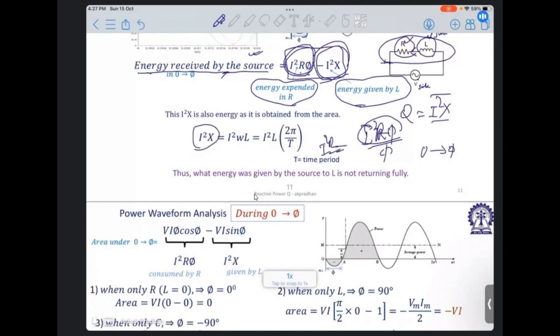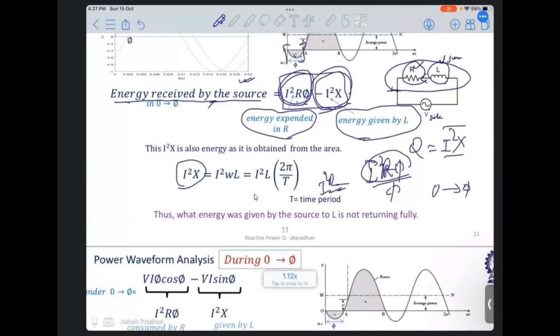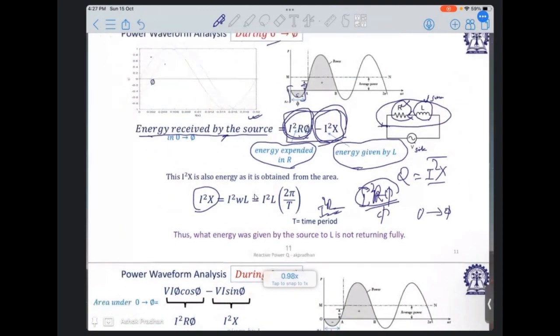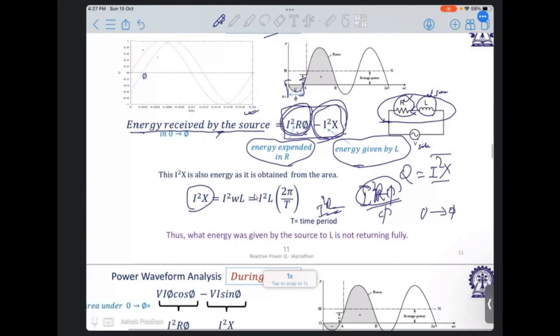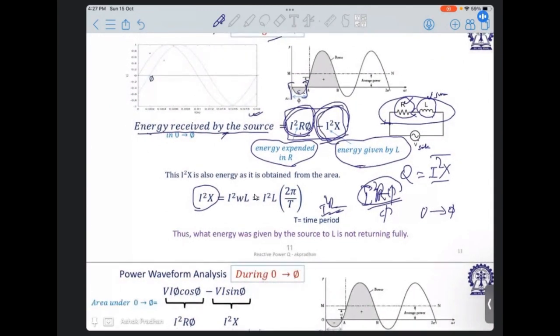So in conclusion, another thing I will point out here is that in the next portion we see that this I square X is nothing but provided by this inductor, so that must be received in the positive half. So the inductor receives I square X and gives back I square X. But when the inductor gives back to the system I square X, in that path,